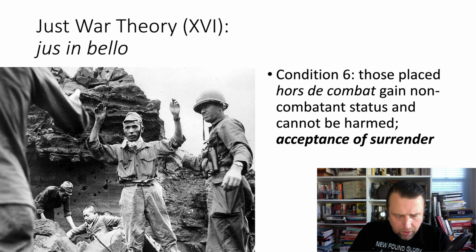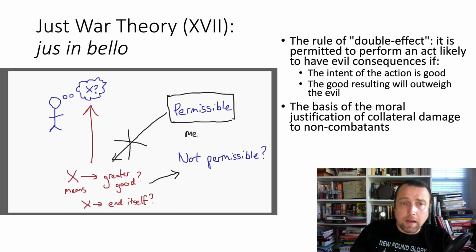A prisoner of war, in other words, effectively renounces his privilege, that privilege to kill on the battlefield, and in so doing gains the protections of a non-combatant, meaning he cannot be abused, injured, he can't be put on trial, and he must be repatriated to his home country upon the war's conclusion. Now, this does not mean that non-combatants can never be killed within the jus in bello framework.